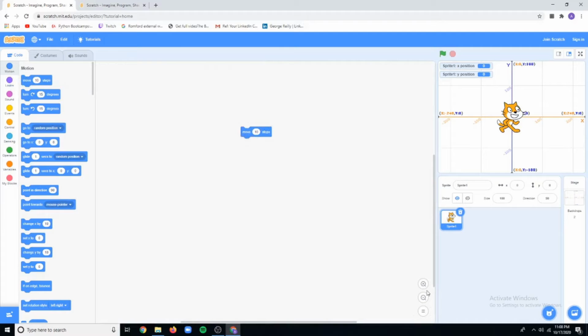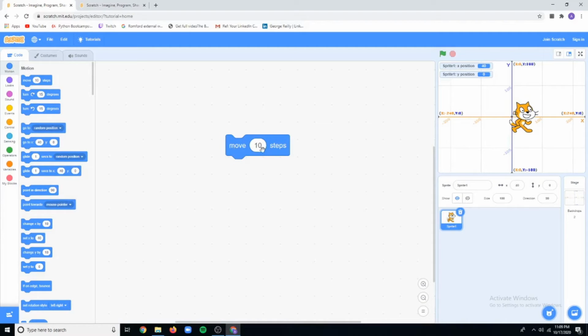Yes, so now I have taken your move block, your motion block, and from motion block I have selected the option move 10 steps. Now here when we say move 10 steps, that means your sprite will move 10 pixels ahead. Okay, just see how it runs. I'm just clicking on it and see, I can see my sprite moving 10 steps ahead.